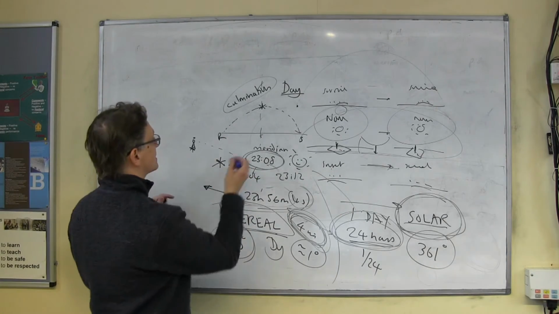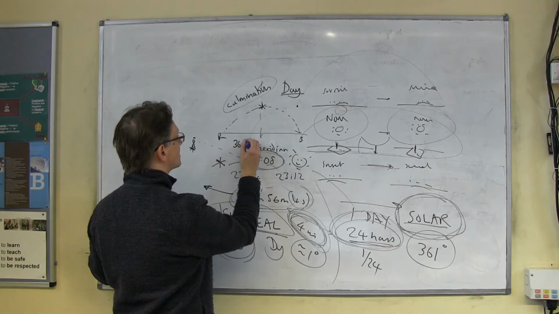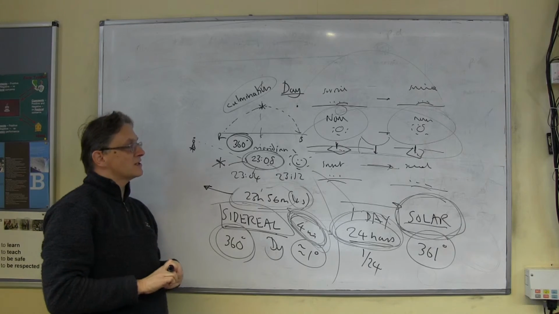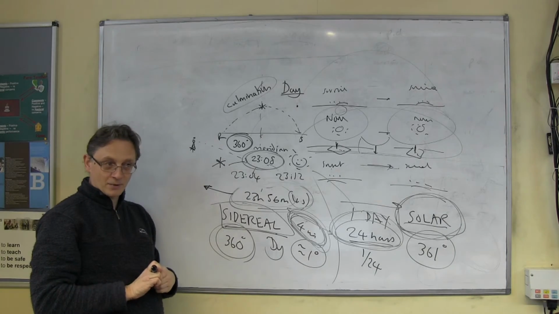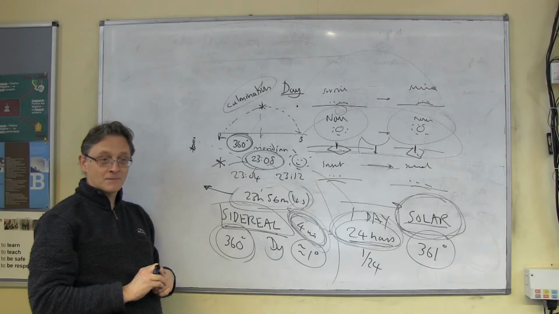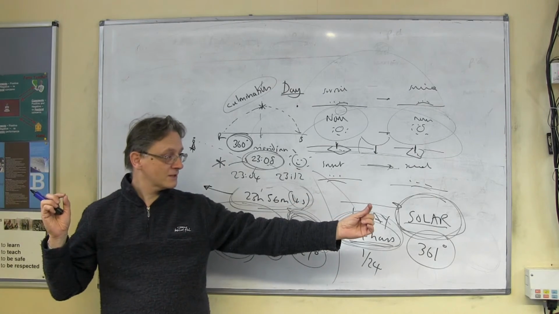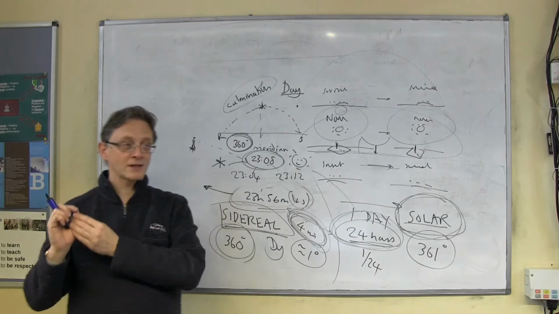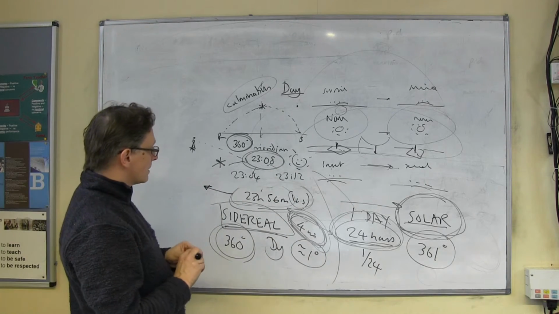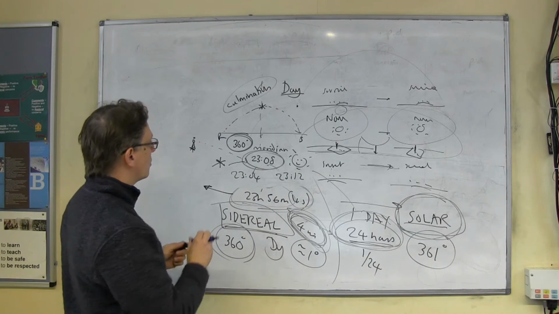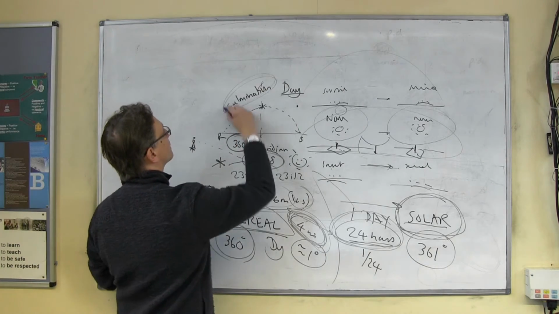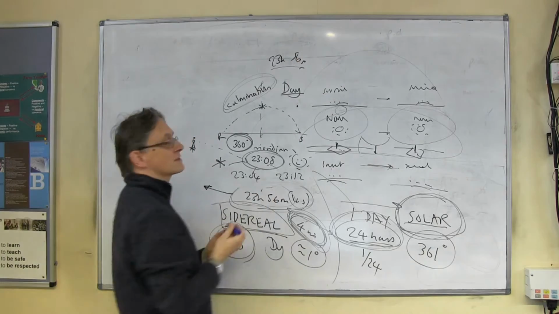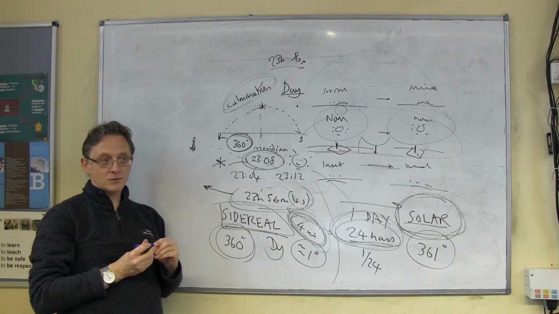So how many degrees, this is the key thing, does the Earth need to do to get a star back in the same place? The answer is 360. Here's the star, here's the Earth doing that, it's just moved by 1 degree, it's the same direction, okay? So, how long will it take to go from one culmination to the next one? It's going to be 23 hours, 56 minutes, all right?